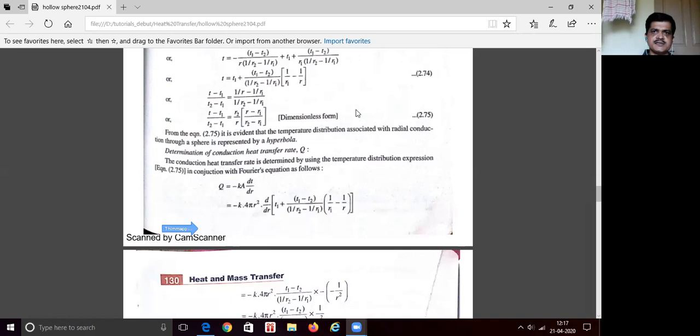Now using this equation 2.74, which is here, we have to take this and find Q. To find Q, the formula is